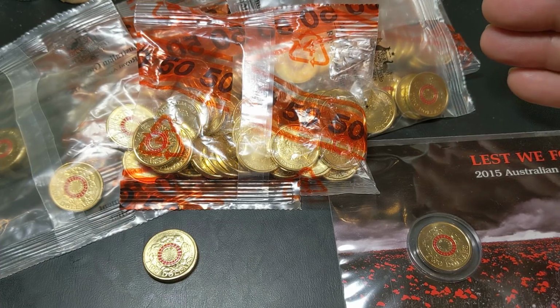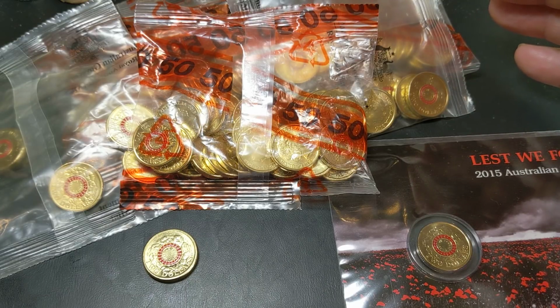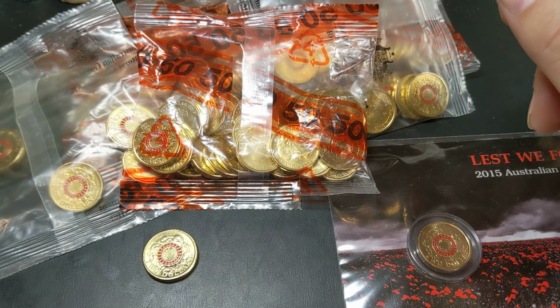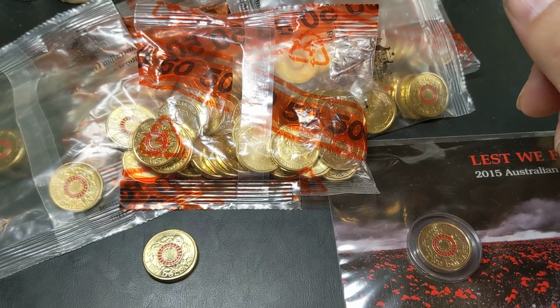But by putting them into the banks the way that they did, basically only collectors ever got to see them, and that's not the purpose of the Mint. They're not here just for collectors; they're here for everyone. And so what they did later on in that year was, I think it was pretty much not long before